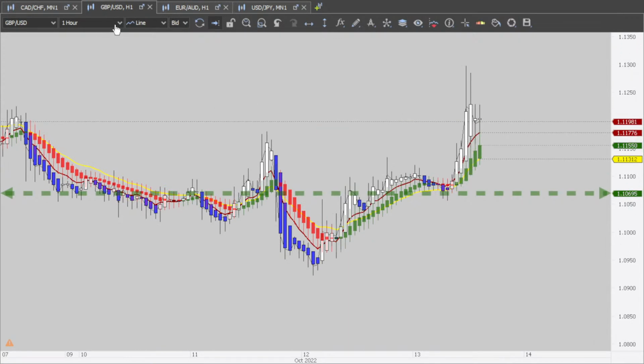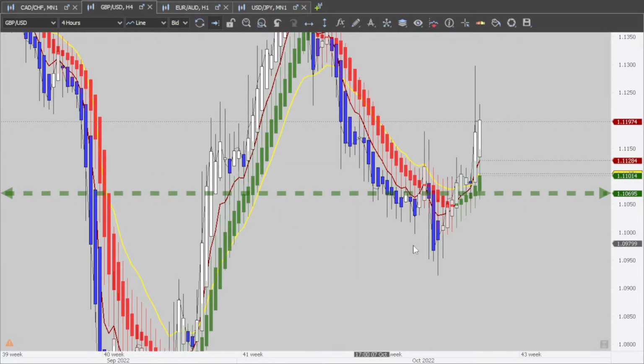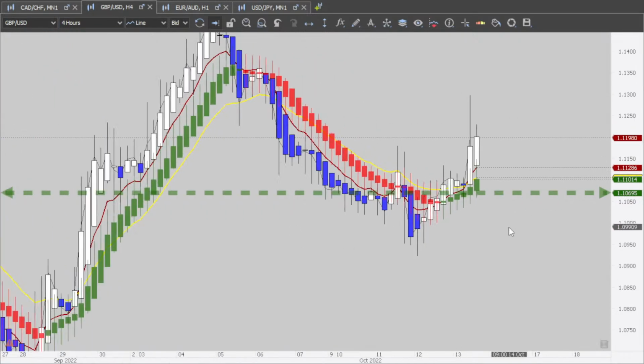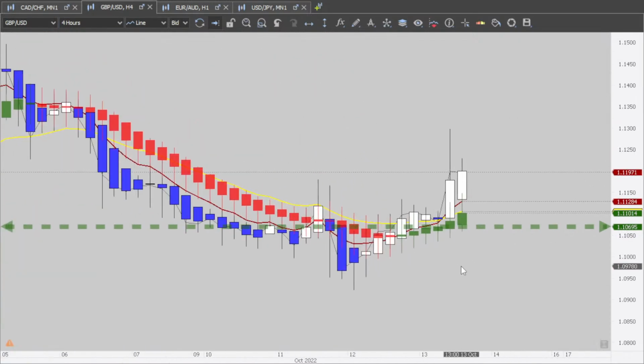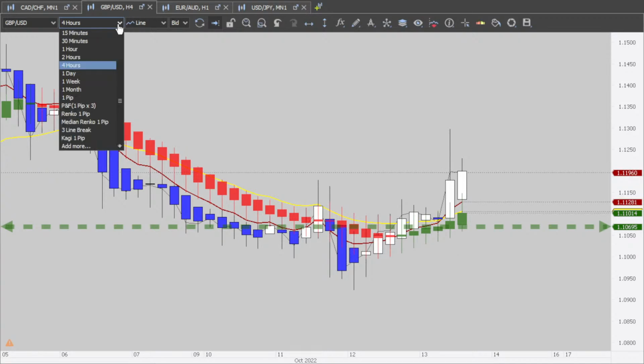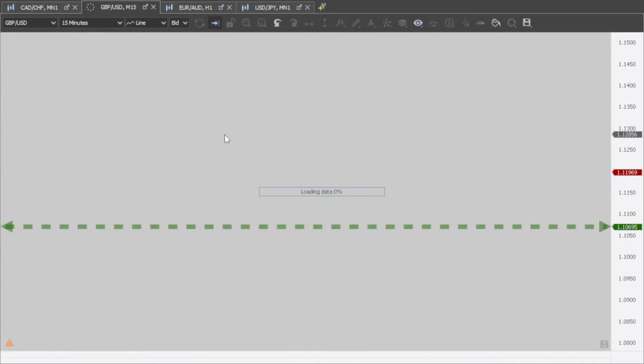Now let's go on the 4-hour chart with Julius. Same story, right? The 4-hour candle is white, the Heikin Ashi smooth is green, and the EMA is still up. So I'm staying in the trade. Now, just for the purpose of this example, if I go on the 15-minute chart,